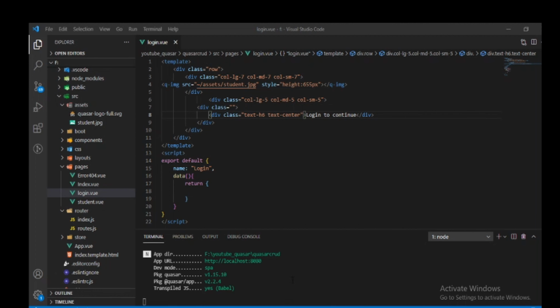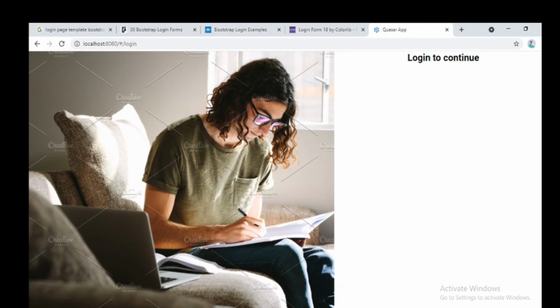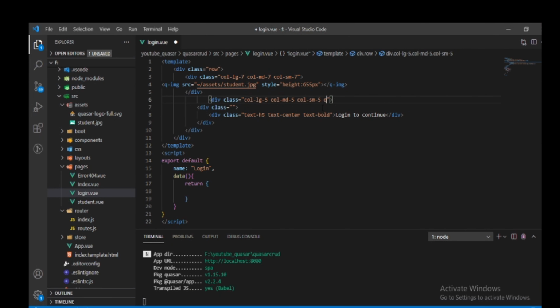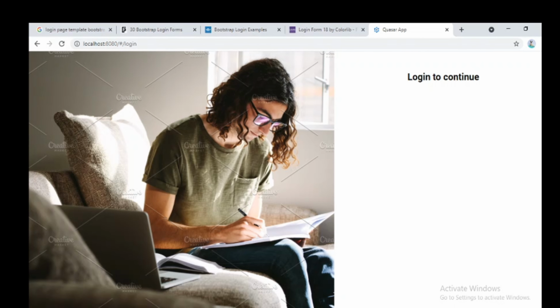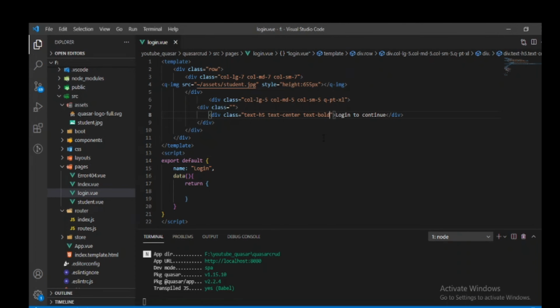Yes, so we will increase it, text-bold first, and increase the size to h5. Okay, yes. Now we will use q-pa-xl, padding top XL. Okay, let's see, give it padding here also, q-pt-xl.